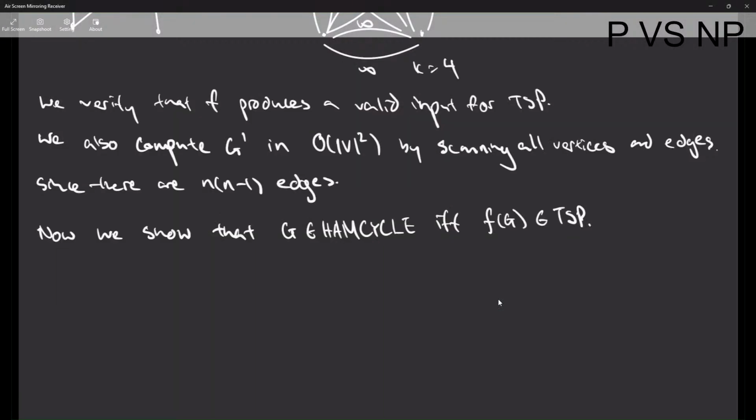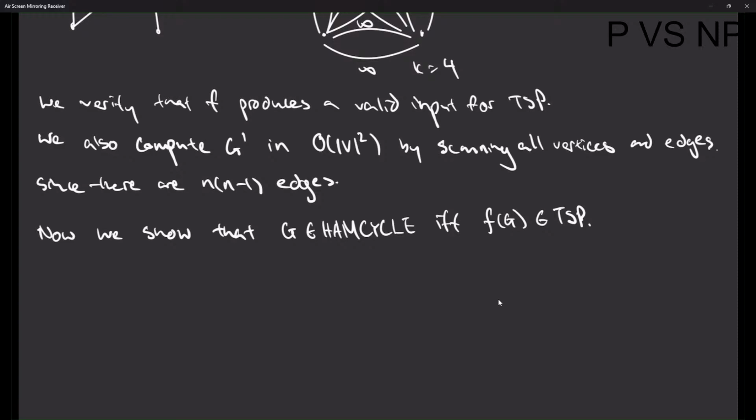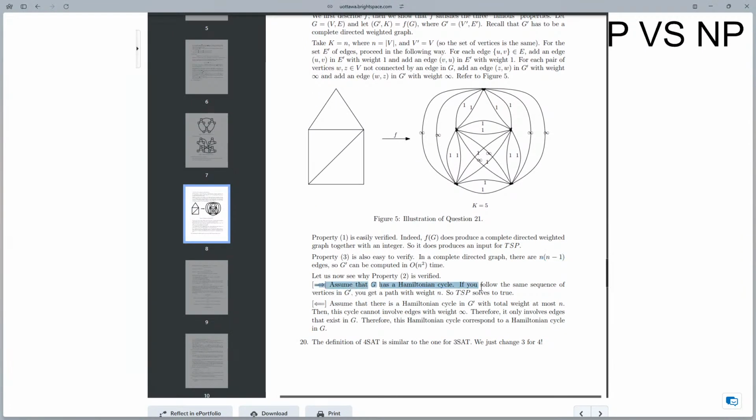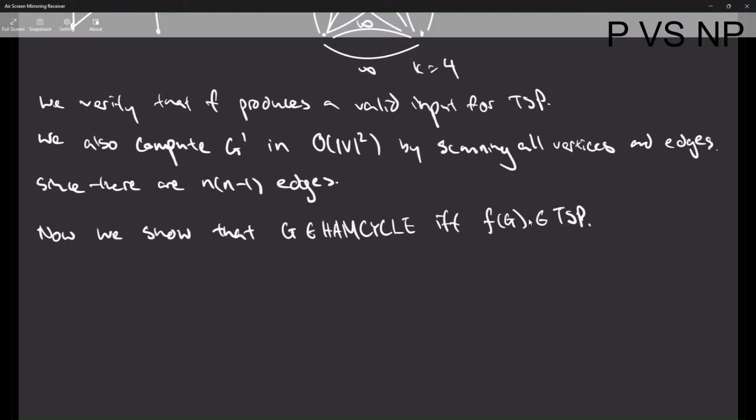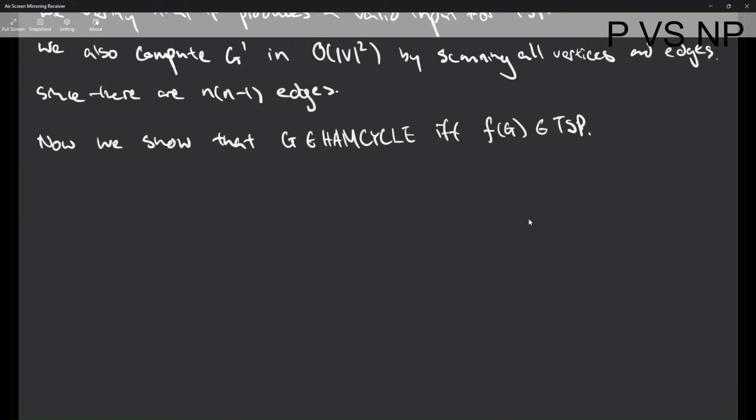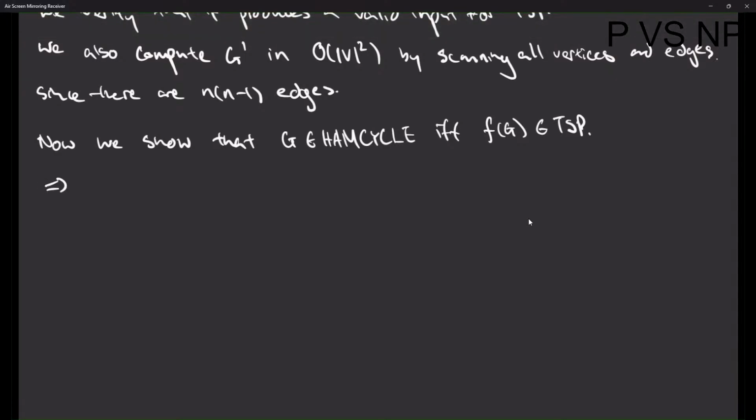Alright, the king is back. So we want to show that G is in Hamilton cycle if and only if f of G is in TSP. I'm pretty sure this is what we have to do, right? Obviously it's a two-way implication. We'll first show this way. Suppose G is in Hamilton cycle, then if there's a solution,